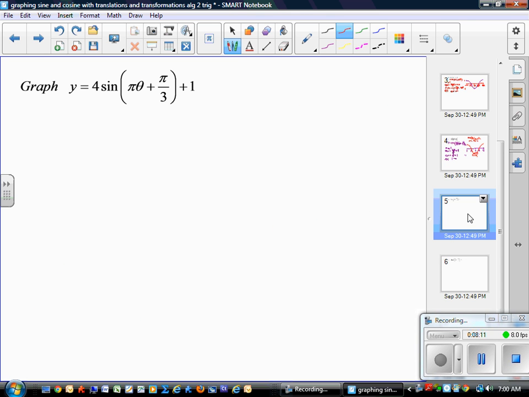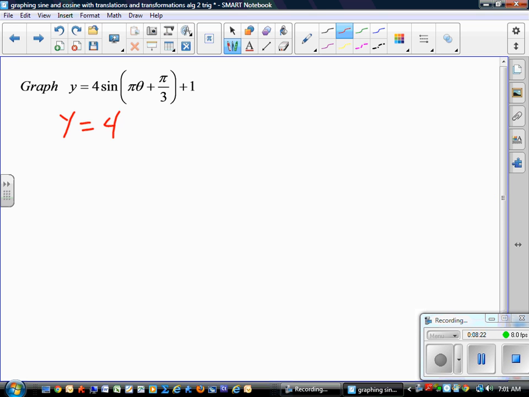Let's do it again, except this time we've got everything going on. We've got up and down, we've got amplitude change, we've got phase shift, and we've got period changes. So we'll take, once again, factor out, pull out a pi, leaves me with theta plus 1/3 plus 1. All right, so in this case, we've got an amplitude of 4, period,